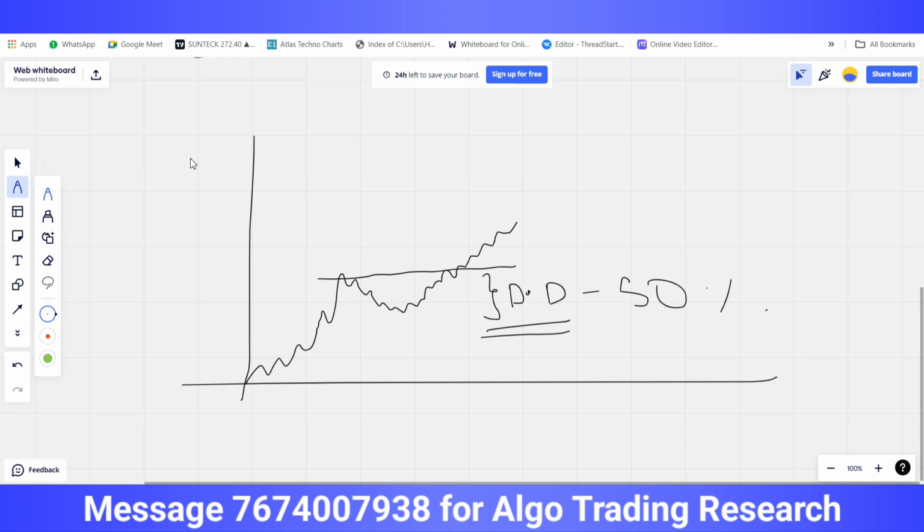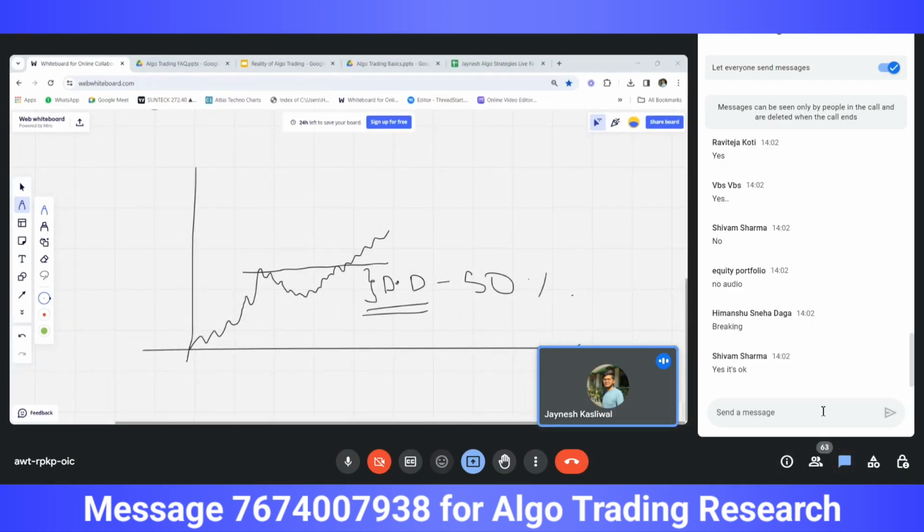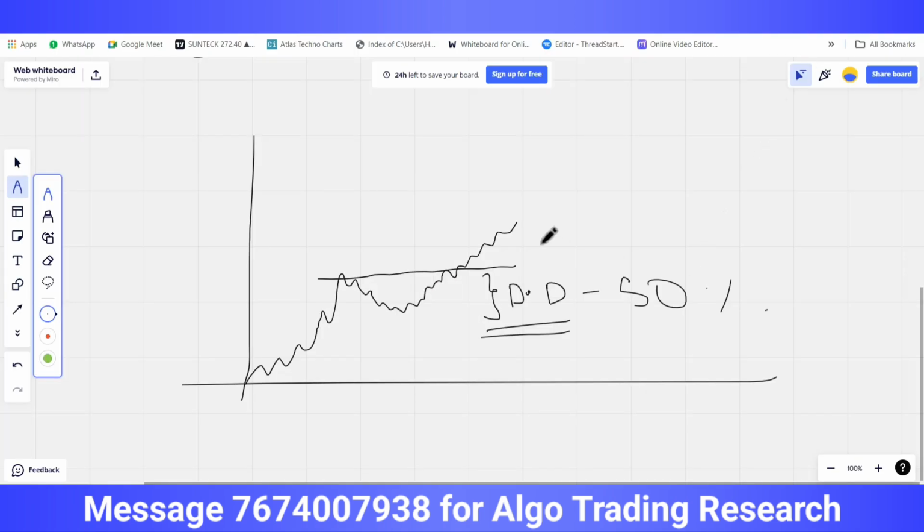ओके, सो अगर आप ऑप्शन बाइंग करोगे तो आपका 50% तक का कैपिटल उस पर्टिकुलर एल्गो में जा सकता है, मोस्टली। एल्गो ट्रेडिंग में, ऑप्शन बाइंग में आपका 50% तक ड्रॉडाउन आता ही है जनरली। ओके, सो दिस इज वन ऑफ द मोस्ट इंपॉर्टेंट थिंग।